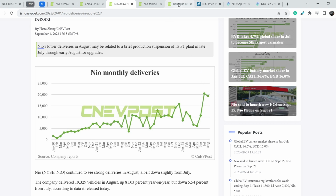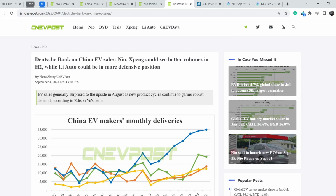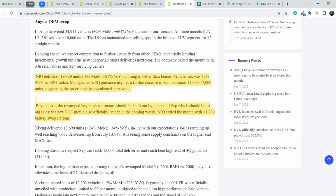And let me show you this news. Deutsche Bank on China EV sales: NIO and Xpeng could see better volumes in H2, while Li Auto could be in a more defensive position. And let me show you this. NIO delivered